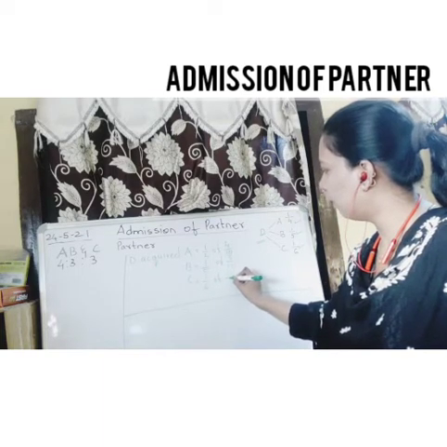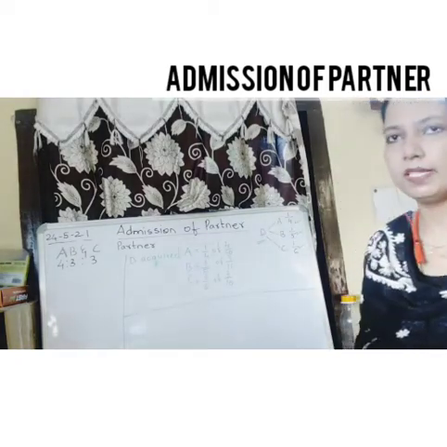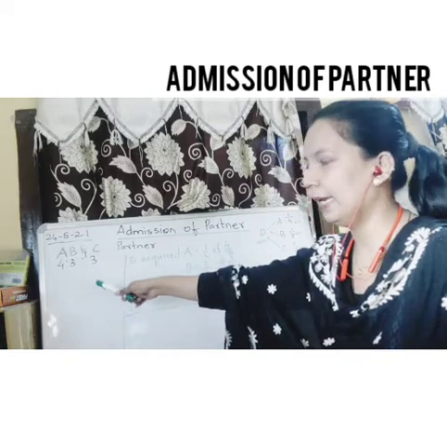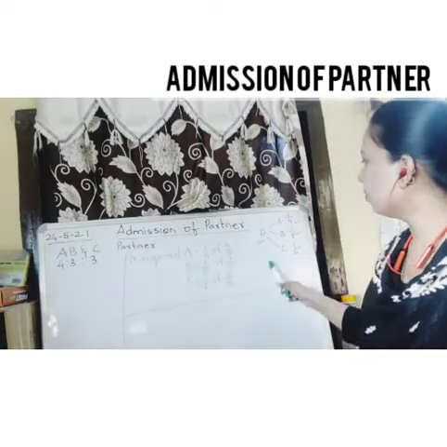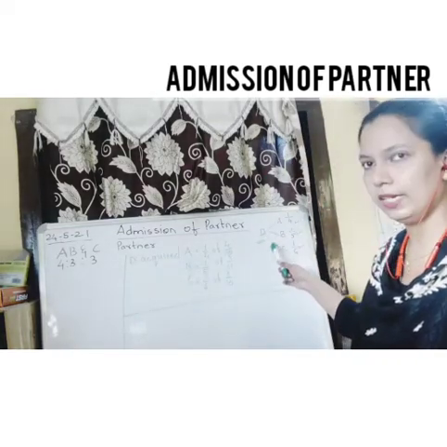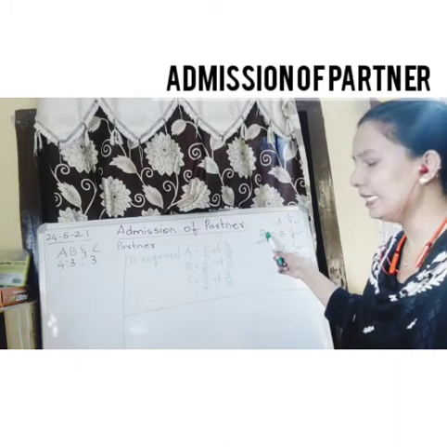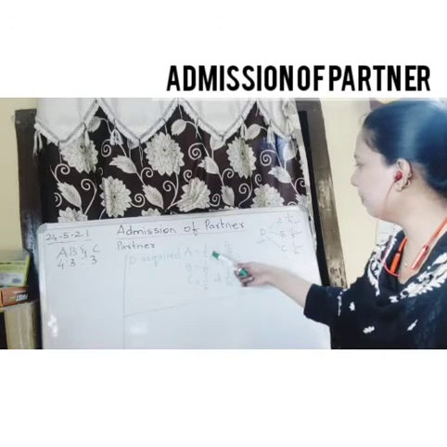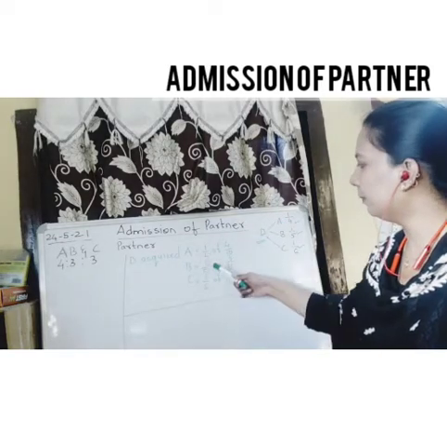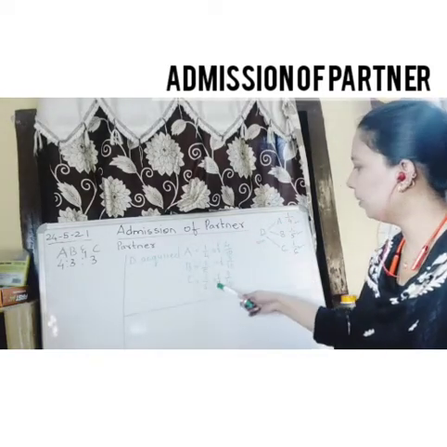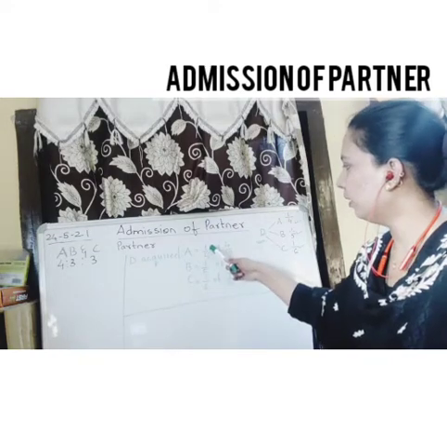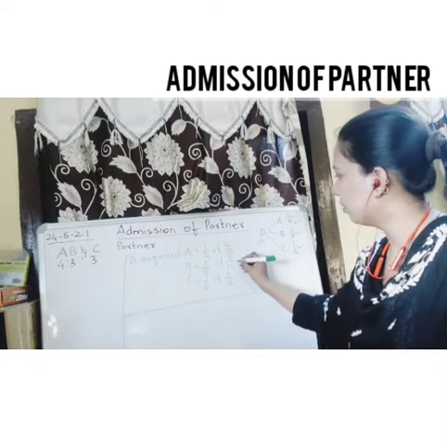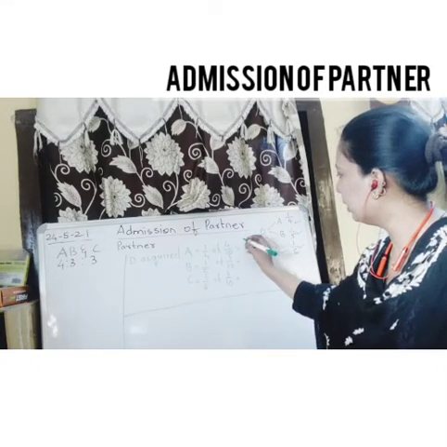Repeating again, the question speaks about the old ratio of the partners A, B and C, and also the segregation of D's profit which is to be contributed by A, B and C. That is, A will be giving 1/4 part, B will be giving 1/5 part, and C will be giving 1/6 part. So we will write the distribution, and also the old ratios. Now we need to calculate this.